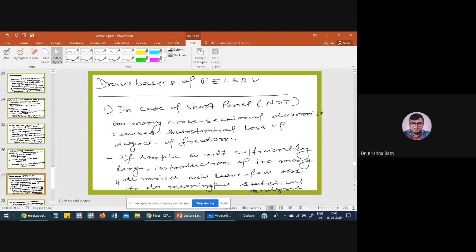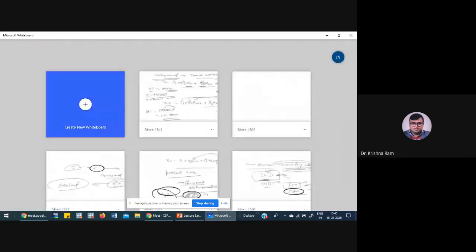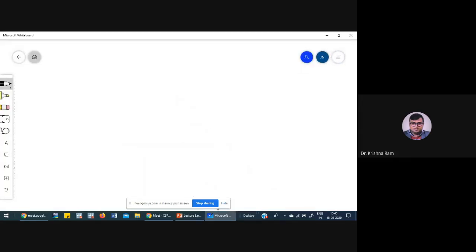And for adding too many cross-sectional units, particularly when T is relatively small, because you are working with small panel data, there are chances of losing a substantial degree of freedom. Like in the earlier case, suppose that T equals 2 or 3, and when N equals 1000,